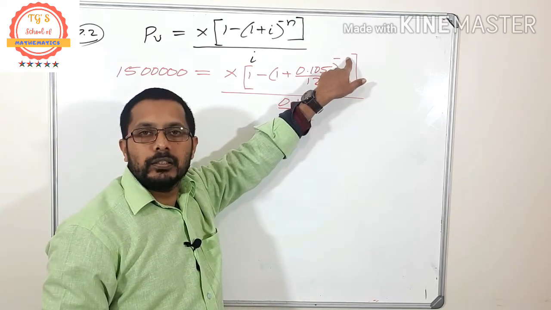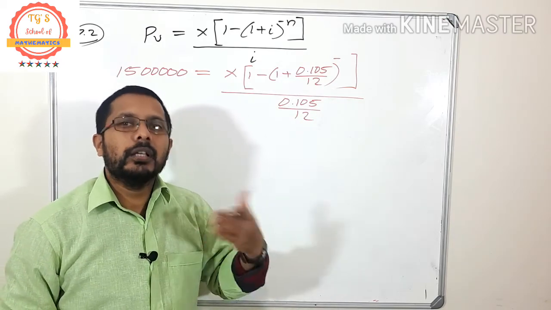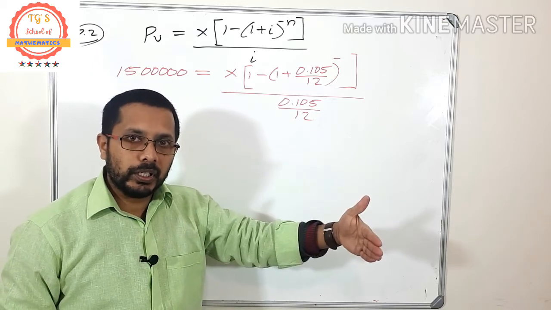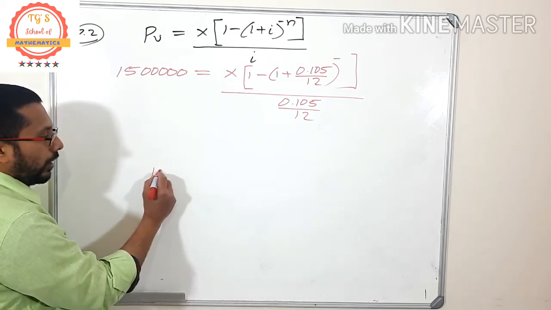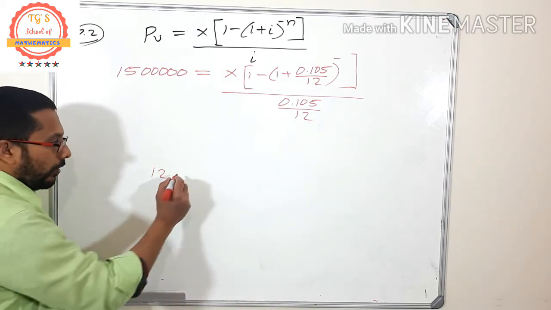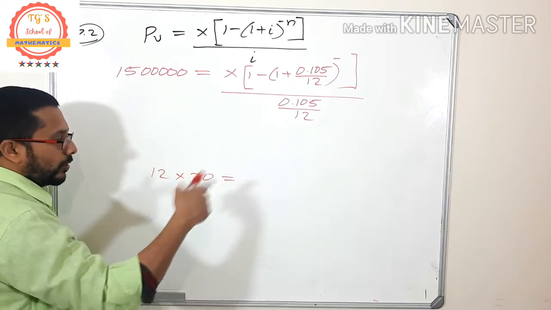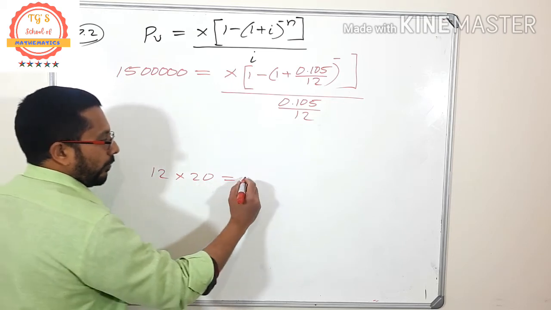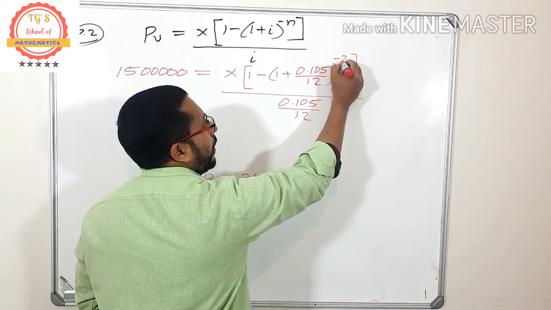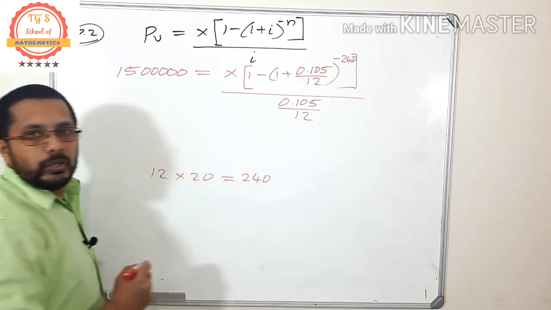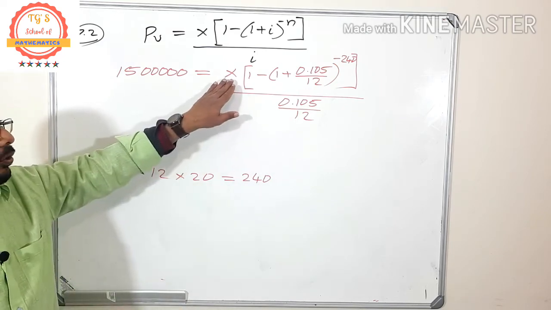What is that something? What is this n? How can you find? This one is a monthly calculation. Am I right? Loan repayment is monthly. And for how many years? 20 years. That means in 1 year 12 times monthly. So for 20 years, total how many payments? 12 times 20, that means 240. Here the value of n is 240. Now what do you want to find? You want to find the value of this x.